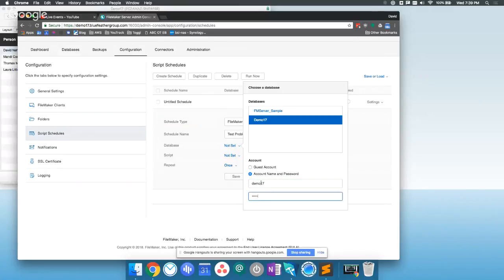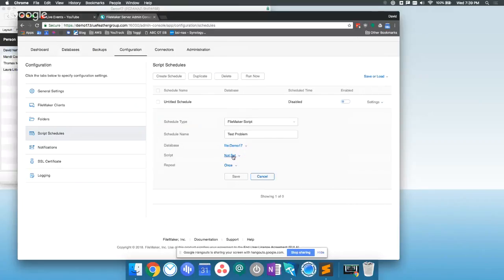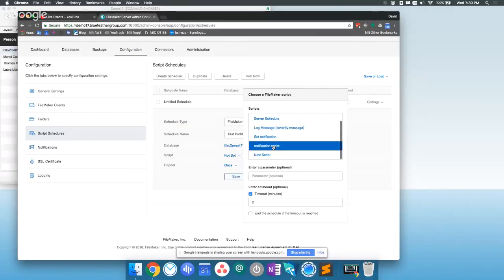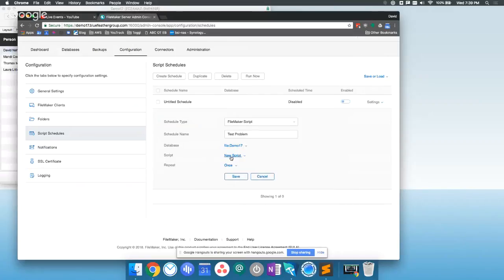My credentials. Pick a script. I'm going to call this a notification. No, which one do we want here? This one here. So this new script here, this one we had show custom dialog in it. It's going to have some problems running on the server. That just is not going to be compatible. So I'm going to save this, and